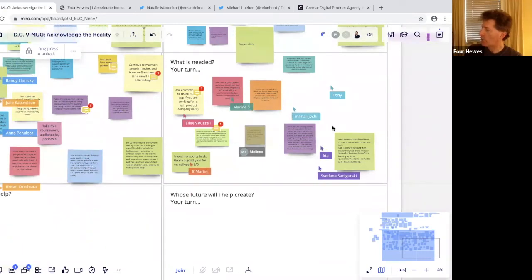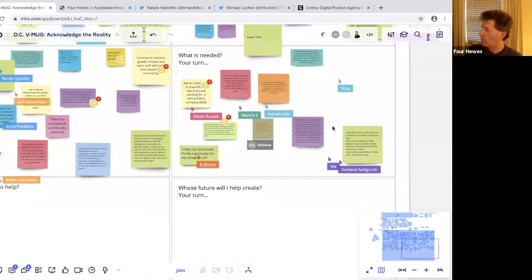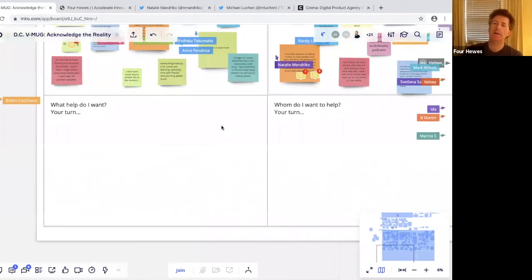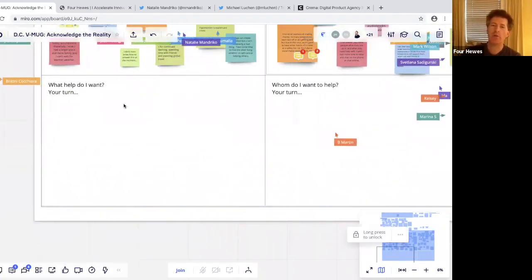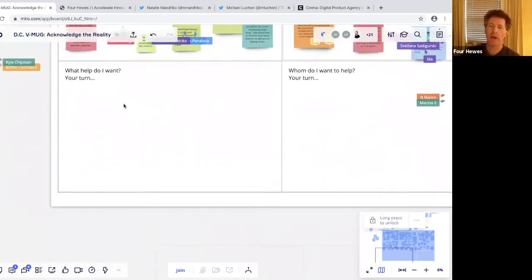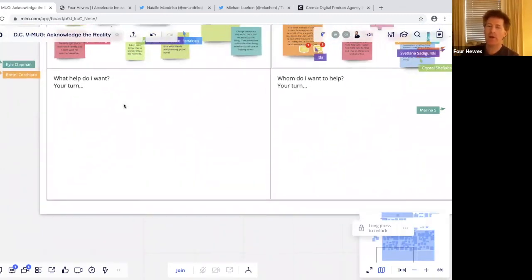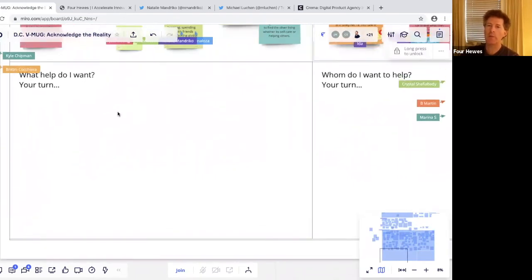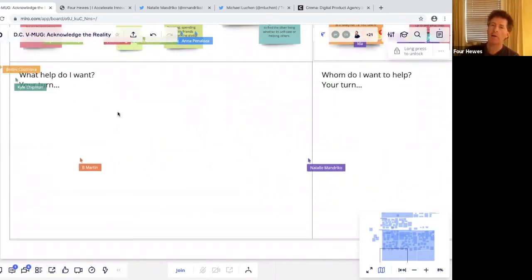I'm going to turn to the next pane on this canvas for acknowledging the reality, and ask you the same question a little differently, maybe more pointedly. What help do you want? I'm doing this because